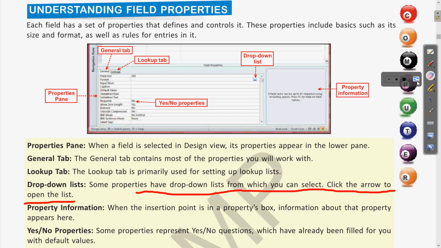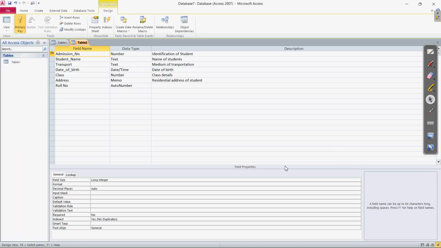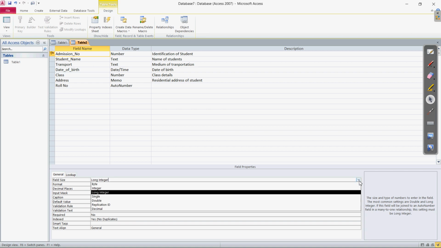Let me erase this and now show you the drop down list. As I click on any of these properties, here as you can see, the field size is long integer. If I click on this downward arrow button, you can see multiple values given here, like byte, integer, long integer.